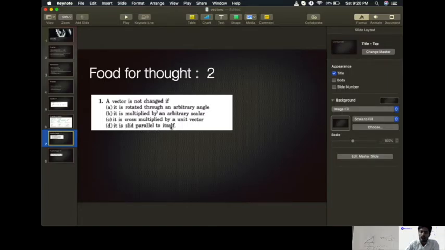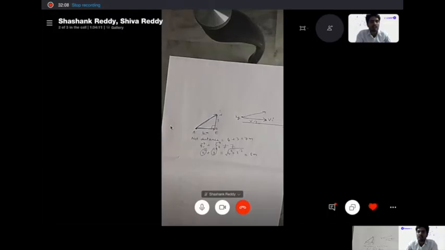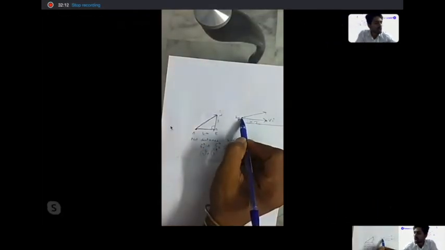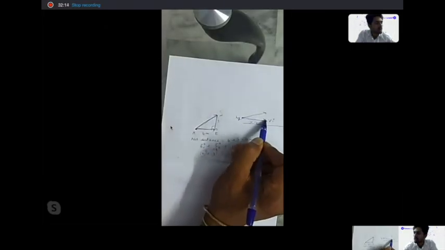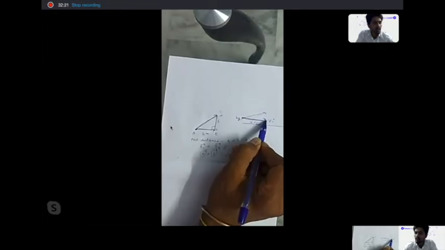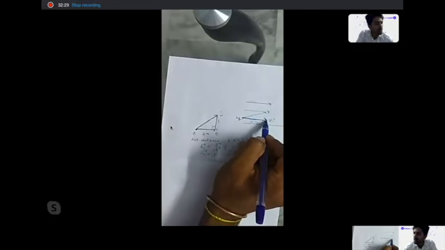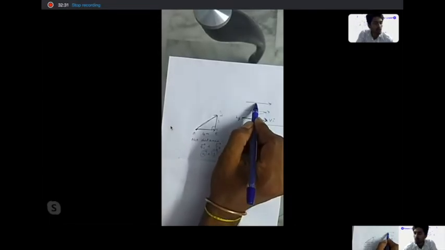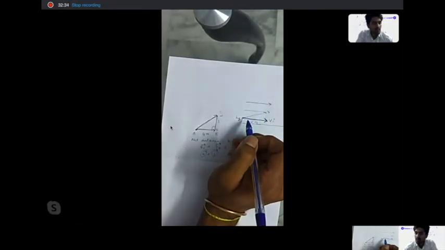If it is split parallel to itself, think about it. If I just slide the vector in the space with the same direction, this is my direction, Hyderabad to Vishakhapatnam, right? This is my vector. Now if I just slide it parallelly in the space, if I just keep sliding it, think what will happen. I would have the same vector, is it not? The vector would have the same direction between Hyderabad and Visakhapatnam, and it has got the same magnitude. That means it's going to be the same vector.